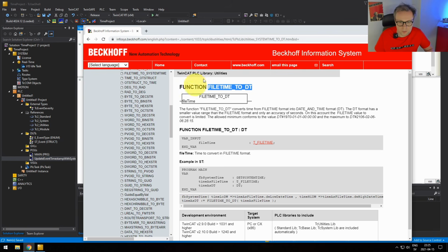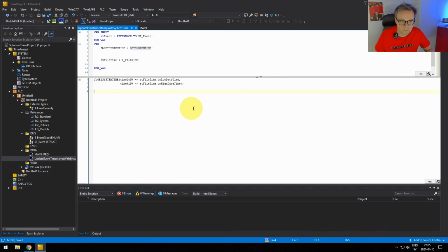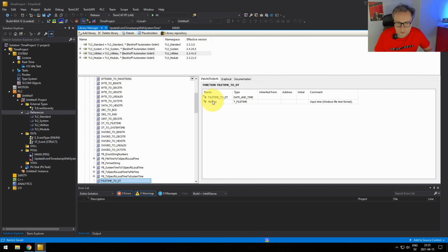So, this we do by using the function FileTimeToDateAndTime. We'll call this guy, and it wants a file time, and we have a file time. That's our stFileTime. And this guy returns out a date and time. Perfect, right?